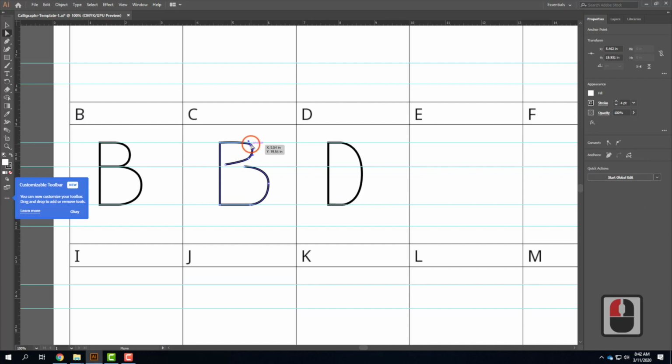First one, this one here, instead of being smooth, I can convert it to an angled control point. So over here in my properties, there is the option to convert to a corner or to convert to smooth. So this first one I could convert to a corner, and I could then edit this corner and pull it back